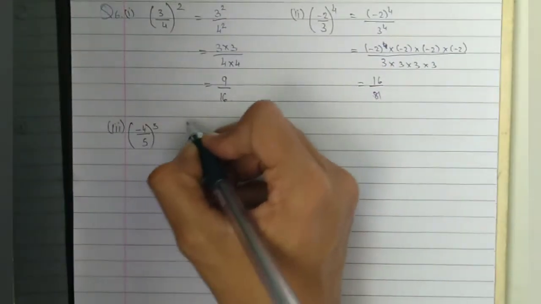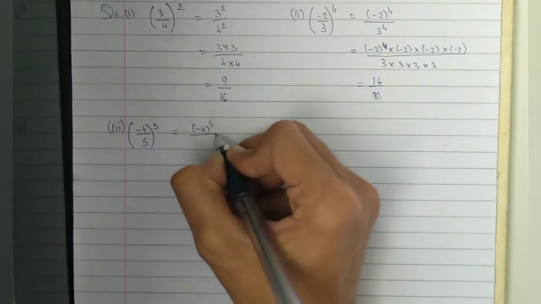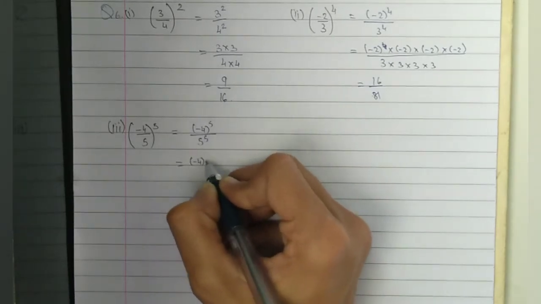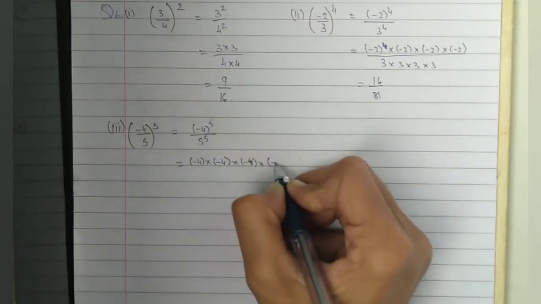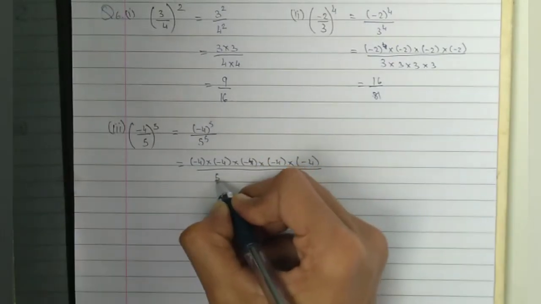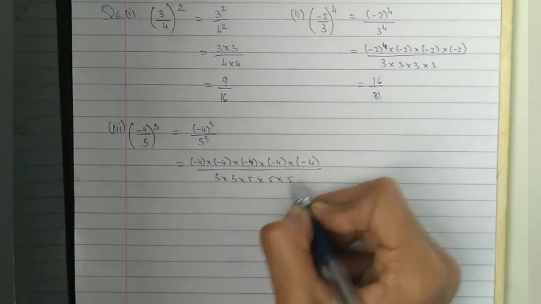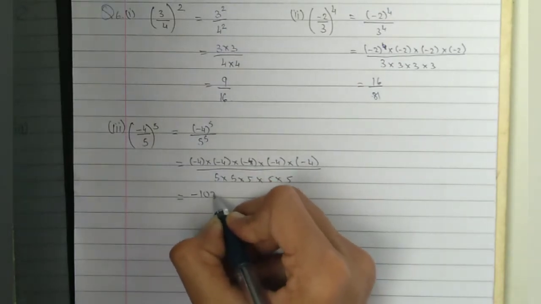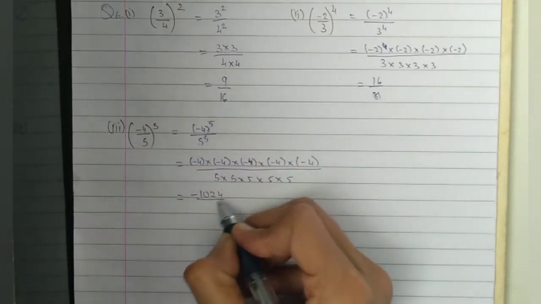Now minus 4 upon 5 raised to 5. So minus 4 raised to 5 and 5 raised to 5. So equal to minus 4 into minus 4 into minus 4 into minus 4 into minus 4 upon 5 into 5 into 5 into 5 into 5. So the answer is minus 1024. Minus, why? Because here it is an odd power, 5 upon